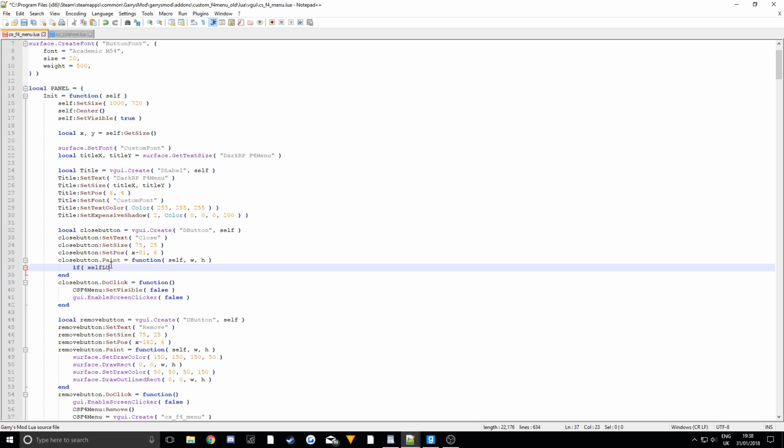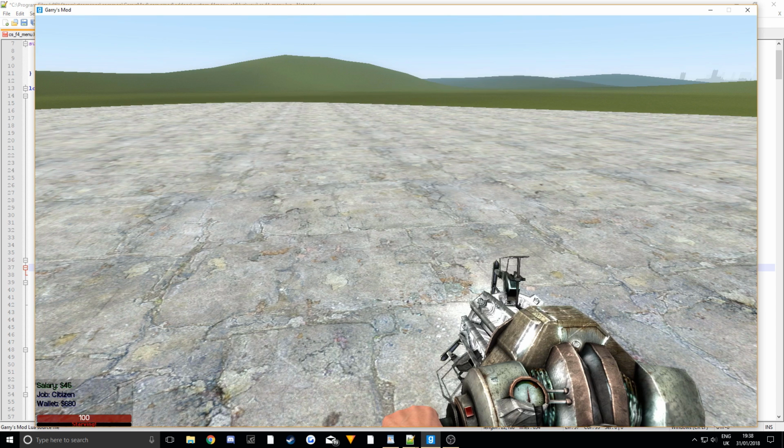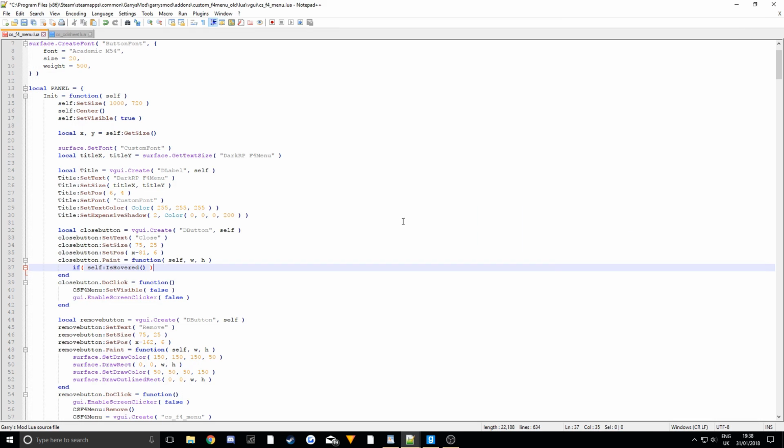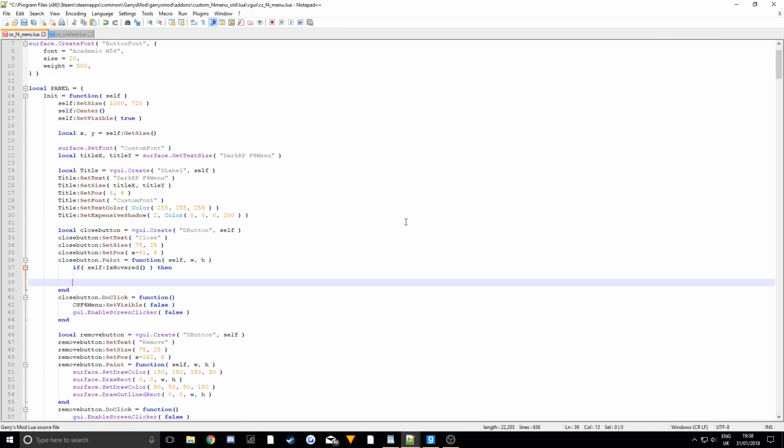Then self colon is hovered. This is basically saying if the player hovers a mouse over the button, then do this. So we'll do then, and then else if, and then self is down. Right, so that's basically saying if this button is down, then